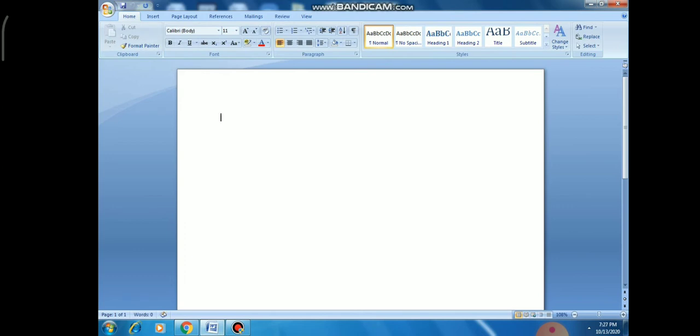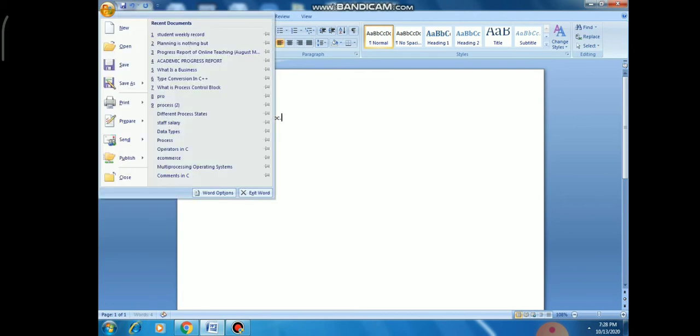Then dear students, we have another topic, that is file handling. So what is file handling? File handling basically deals with how we can create a file. So you can open a document file. In our previous lecture we learned how to start MS Word. Here I am typing hello, welcome to document. This is the way I can type in my document file. Then I can save this file.